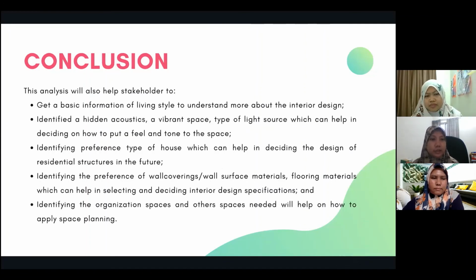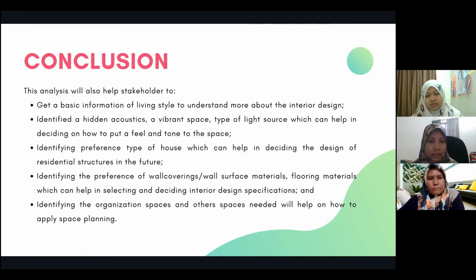So the analysis that we make from the dashboard and also the insights will help stakeholders get basic information on living style to understand more about interior design, and identify hidden preferences for acoustics, a vibrant space, and type of light source, which can help in deciding how to put a feel and tone to the space.